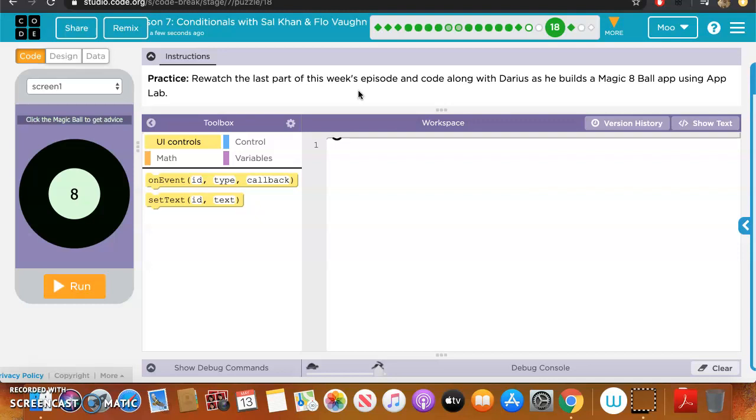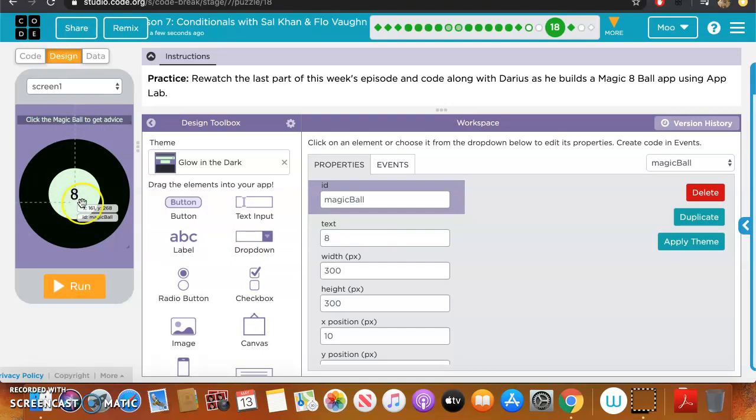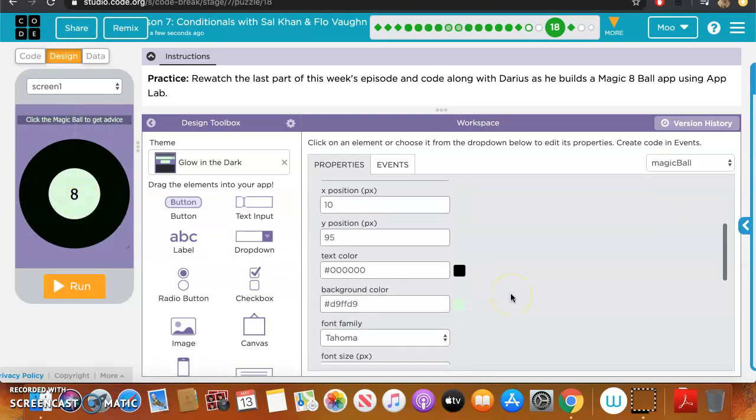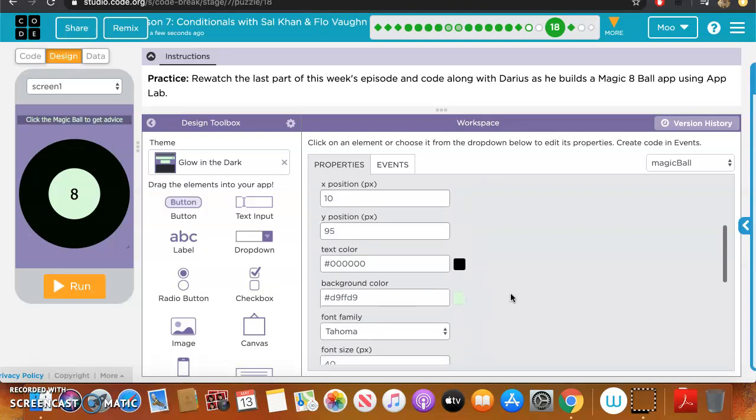The first thing we're going to do is we are going to design this. All right. Now I've already done a little bit of design work here. Yours probably may not look the same. It's okay. First thing you're going to do is just take your cursor and click inside the ball. All right, and then you're going to get all the properties here. So let me tell you what I've done. First thing is I've changed